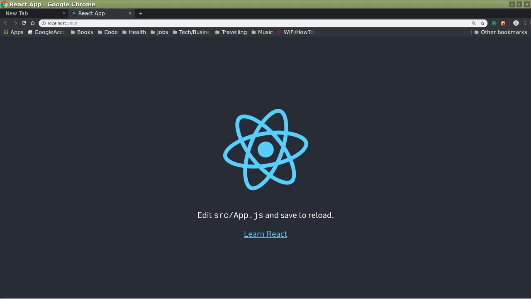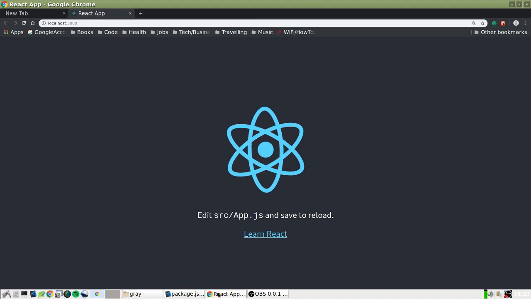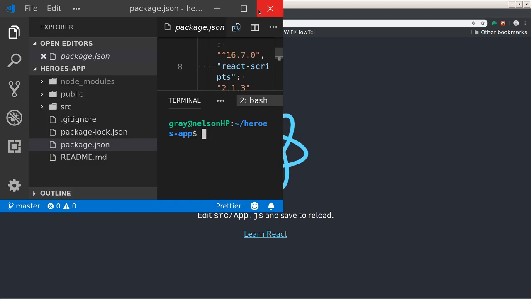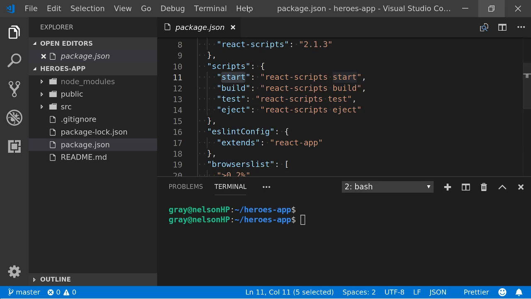It's not that easy to do on mine actually, but for visibility purposes I'm going to keep the full screen so you can see what I'm writing. But if you want to have your code on the left and Chrome displayed on the right, that would be a nice little setup there. So if you didn't catch that command, it was npm start that you need to run.